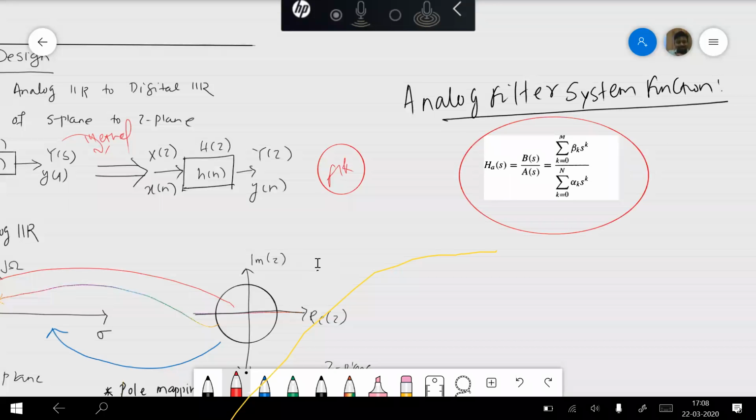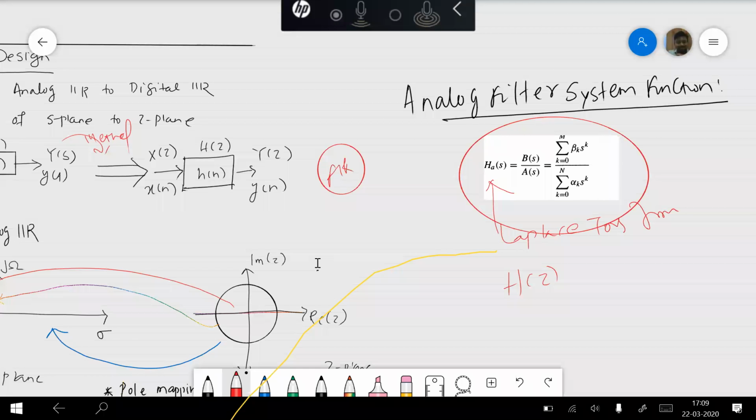If you remember, our digital filter systems were represented by h of z, whereas an analog filter is denoted by its Laplace transform h of s. And again, analog IIR filters or digital IIR filters, any IIR filter is going to have both numerator and denominator. Unlike FIR systems, where we have only numerator. That's why we have only zeros. Because of that, it is very stable. Whereas for an analog IIR filter, we have to check whether it is stable or unstable. Understand? So that's what we have to do.